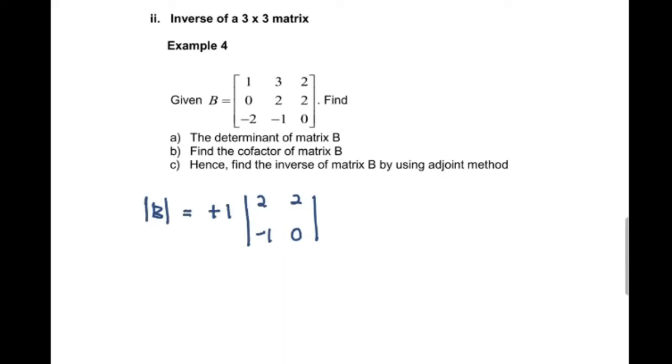Alright, first of all, you need to find the determinant of B. I will be using the first row. So that's why I take the first plus 1, the determinant of 2, 2, negative 1, 0. And then it should be negative 3. So negative 3